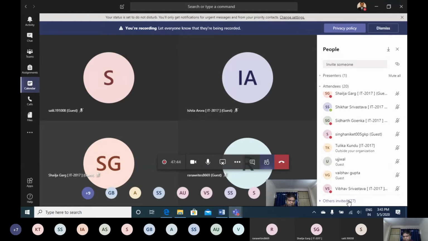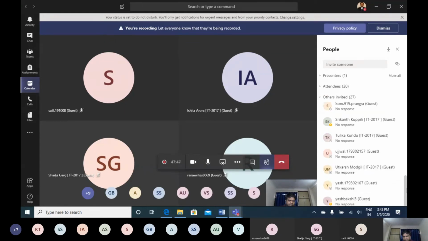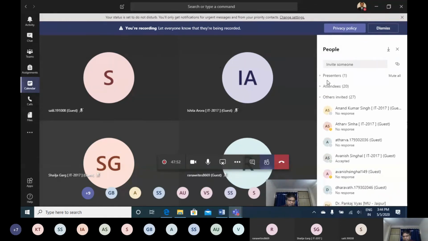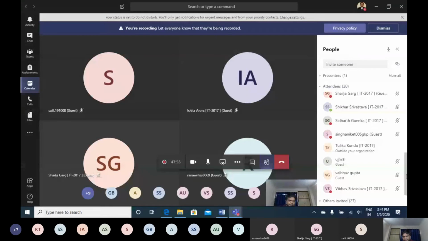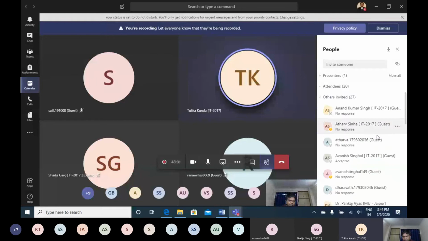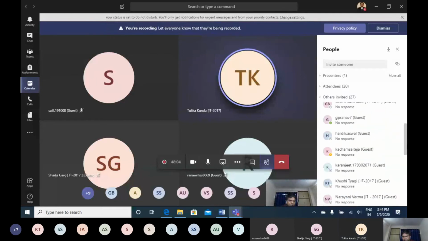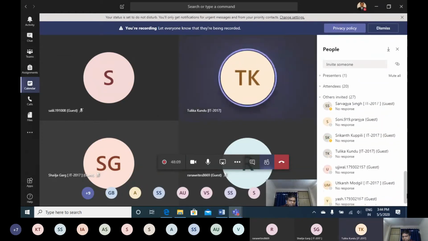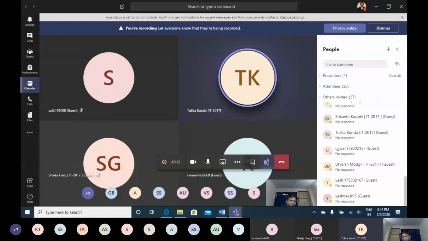There are two Tulikas. One has joined, another is shown as invited. Tulika, are you there in the class? Yes, sir. There was some problem with the other ID. That's why I had to leave it and join from this ID. Okay, what is that ID? That is also our college ID only, it seems. I don't know, sir, what is happening. I was kicked out earlier, then I had to join again. So probably you got a new ID which is different from the earlier one. No, sir, it's the same. Maybe that's why it is showing different IDs. Okay, anyway.